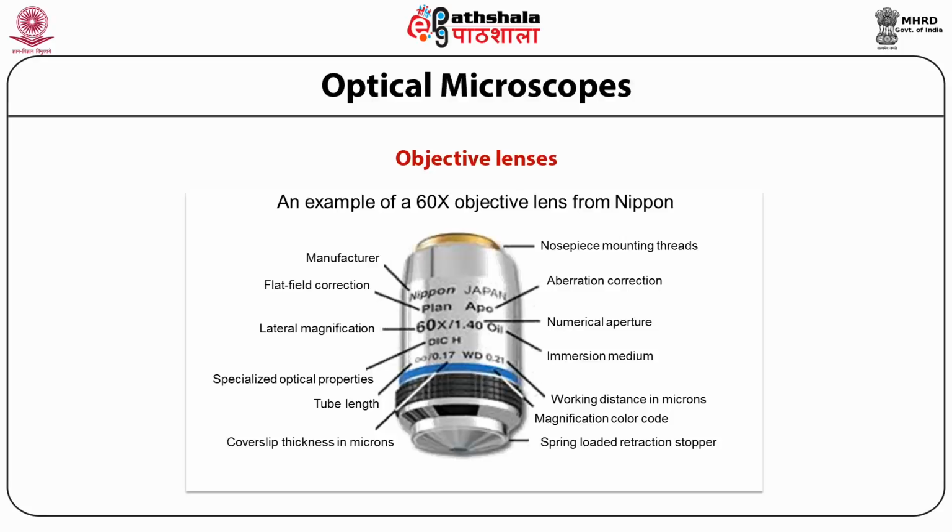Then you have this marking, infinity corrected. 0.17 is the thickness of the cover slip that can be placed underneath the objective to see objects. Then you have this marking called WD, which is basically telling you the working distance, the maximum workable distance between the object and the microscope objective in microns. And then at the tip you have the lens, the final lens of the objective, which is closest to the